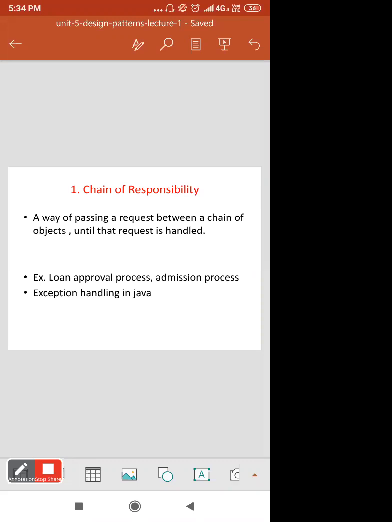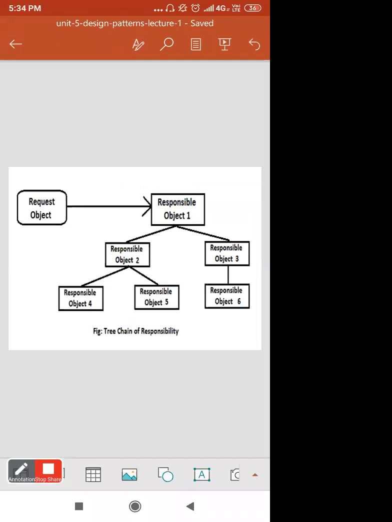One more example is exception handling in Java. It is shown here in diagrammatic form. The request of a particular object is given to a number of different responsibility handlers, so it is passed on to the different receivers.